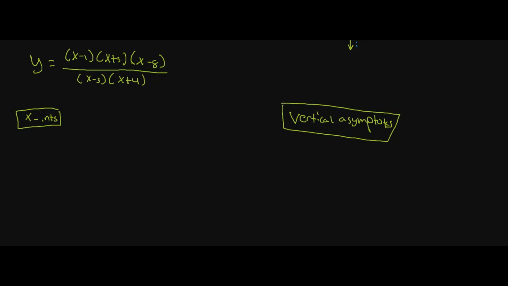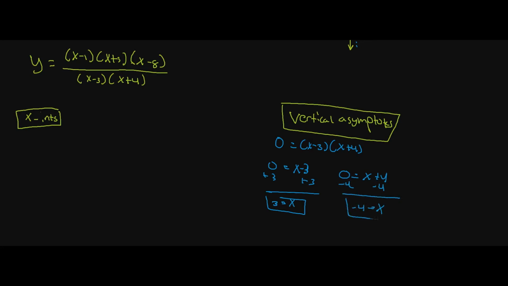All right, so to find the vertical asymptote, since we're on this video, we're trying to figure out what numbers we need to plug in here to get 0 on the bottom, right? Because that's where our function will create that vertical asymptote, that line that's undefined. So we just set the bottom equal to 0. We have x minus 3 and x plus 4. We set them individually equal to 0: x minus 3 equals 0, and 0 equals x plus 4. We add 3 to both sides and get x is equal to 3. We subtract 4 from both sides and get x is equal to negative 4.